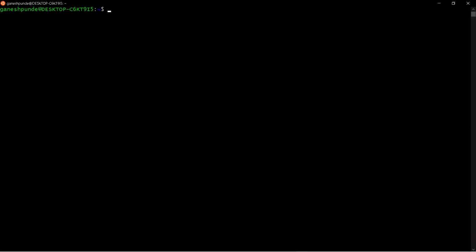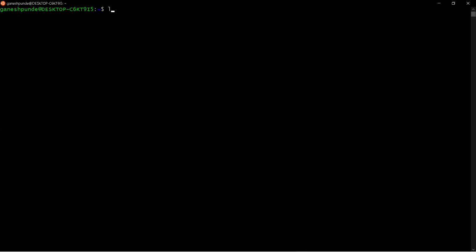So more is used to display the content of the file, right? But more will display the content of the file in the forward direction. Sometimes the content of the file is so huge that you need it displayed in pages, right?